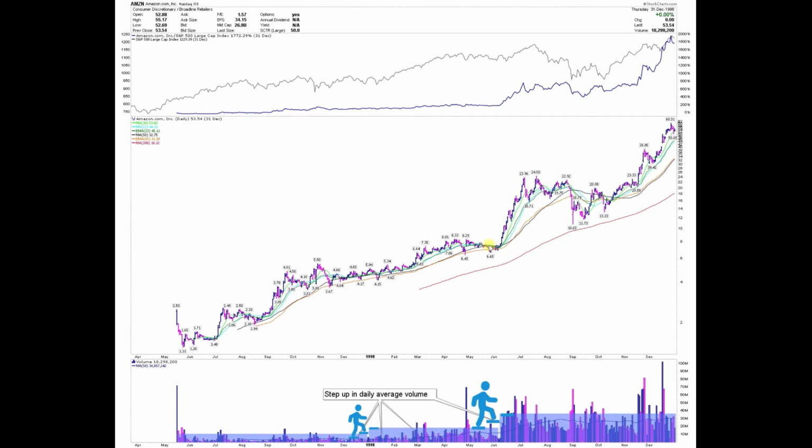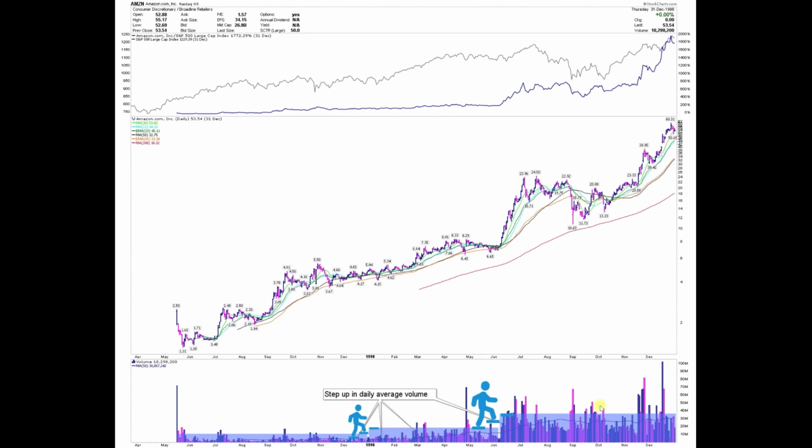All of that shows up on the charts as volume on an average basis increasing over time, as not only institutions but also retail traders are interested in a stock that's showing such powerful price action accompanied by a step up in daily average volume. It's a very liquid stock, and it's getting even more liquid. A step up in daily average volume in and of itself shouldn't be taken as a buy signal or a sell signal or whatever the case might be.